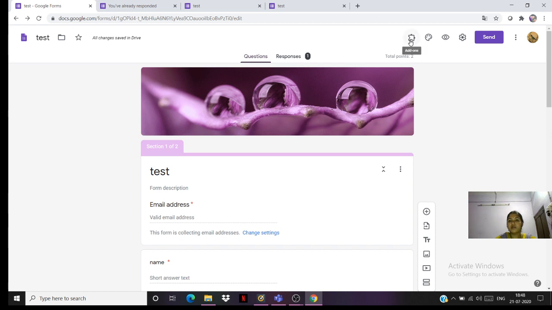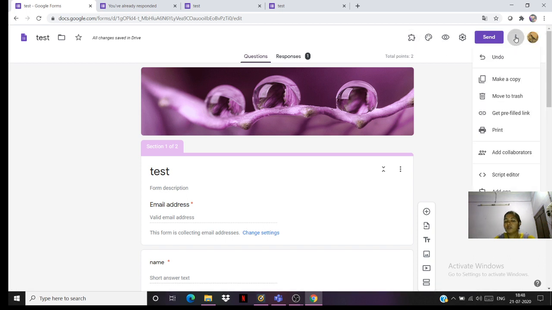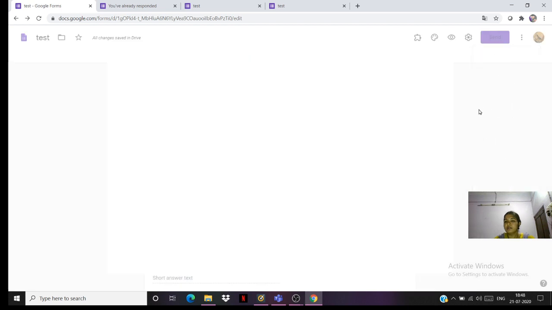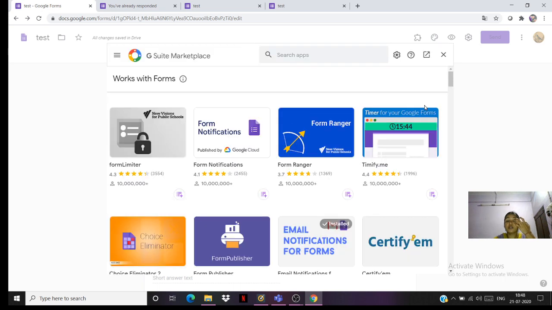Now this is one add-on which has to be installed. This is installed from More, go to More, click on Add-ons. Because I've already installed this, all these are coming automatically.